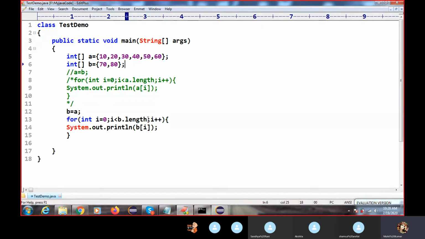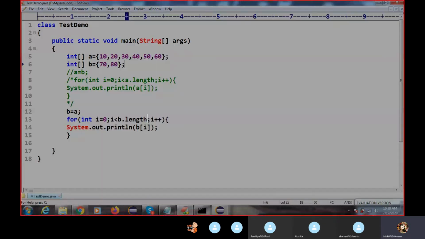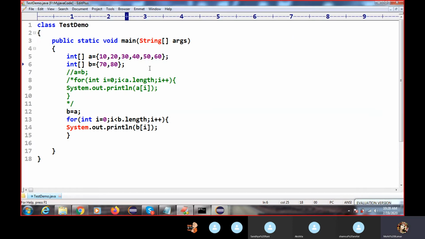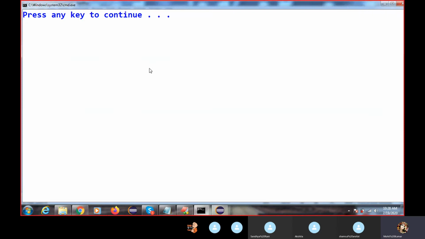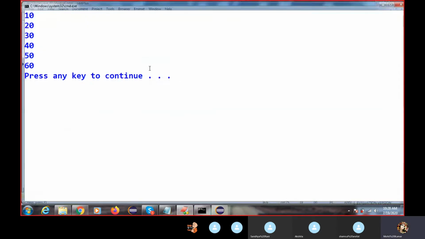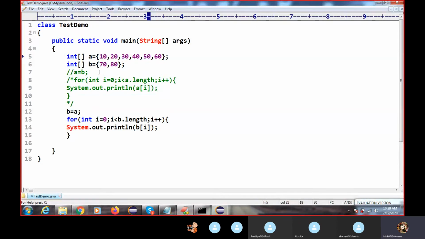So here you can say b has two arrays inside it. What I did is, I stored this a inside this b. If we print b, what value will print? This value will print, right? Okay, so if we compile this code, we get all these values, right? The same thing I have repeated here. If you want, I will also execute this.